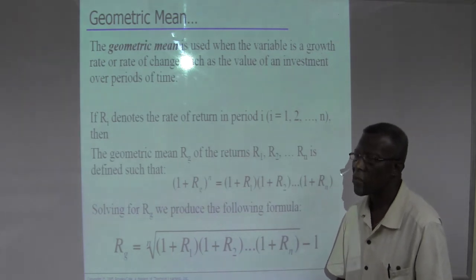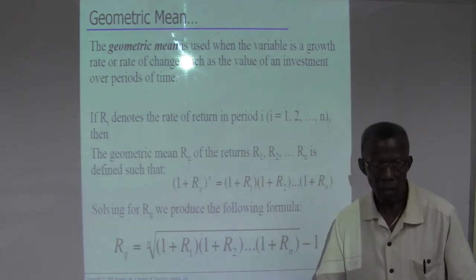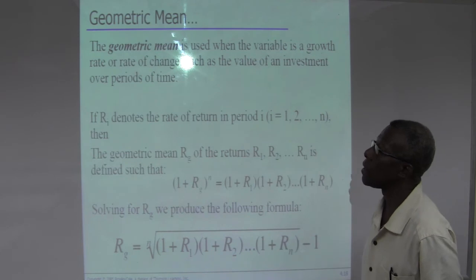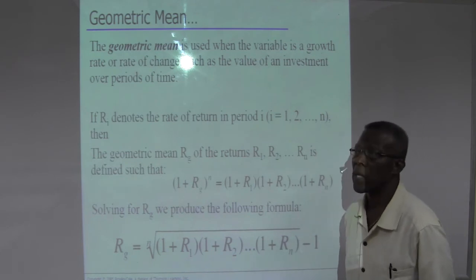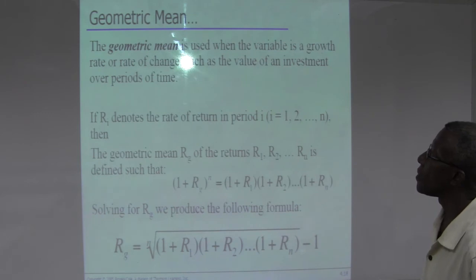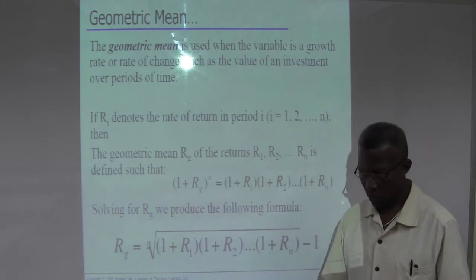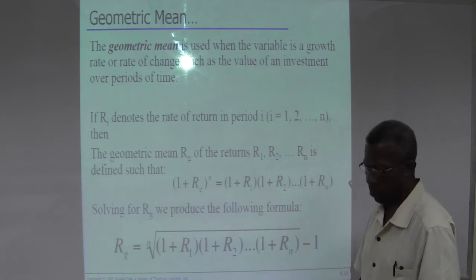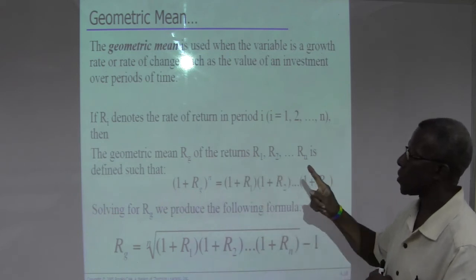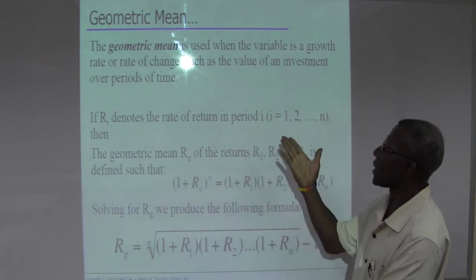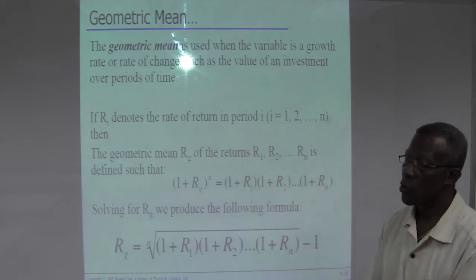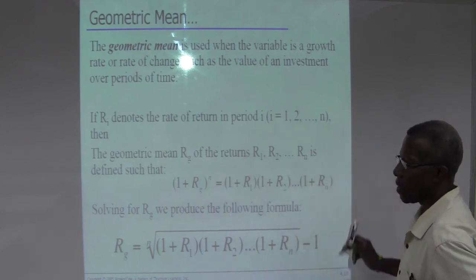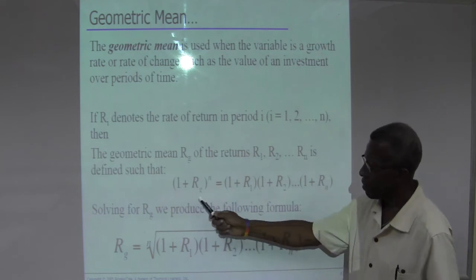We now come to the geometric mean. The geometric mean is used when the variable is a growth rate or rate of change, such as the value of an investment over time, the returns of an investment over time. For instance, if R1 denotes the rate of return in period i equals 1 to n, then the geometric mean, denoted R sub g, of the returns R1, R2, up to Rn is defined such that,